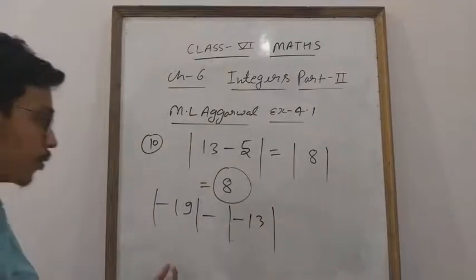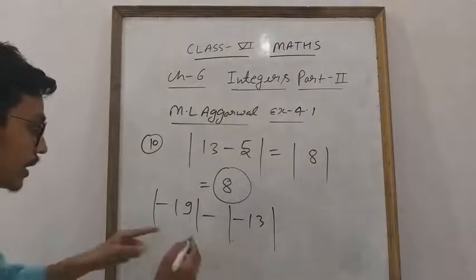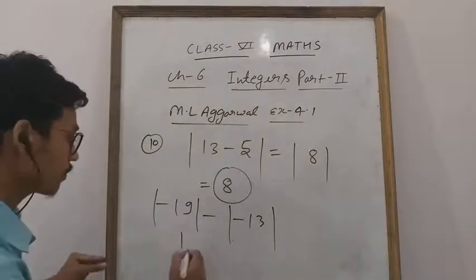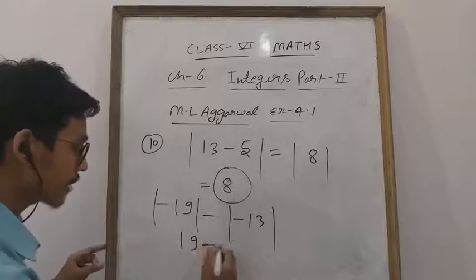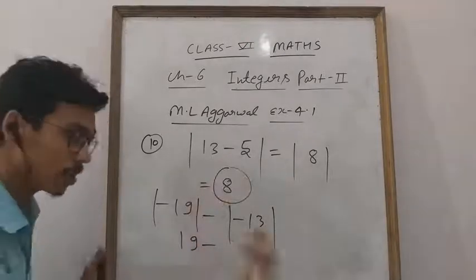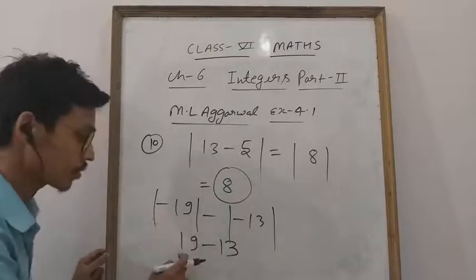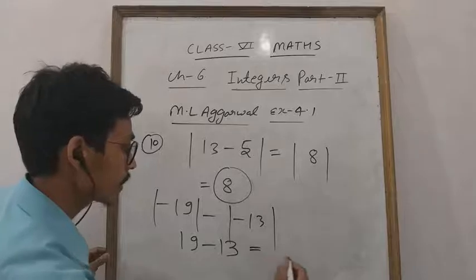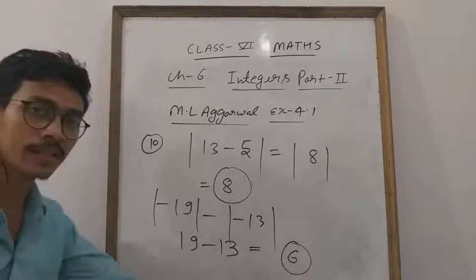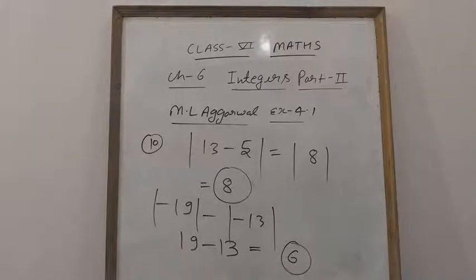See, only I am going to explain this question for your better understanding, because I explained everything in the previous video. So you know that this will come outside of the mod, so this will come plus 90. This minus 2 you will keep the same. This minus 13 comes outside of the mod and gives a positive value, that is plus 30. This minus 30 you will keep the same, and 19 minus 13, student, this will come 6. Plus 6, because 19 is greater and the sign is plus. So plus you will not write down.